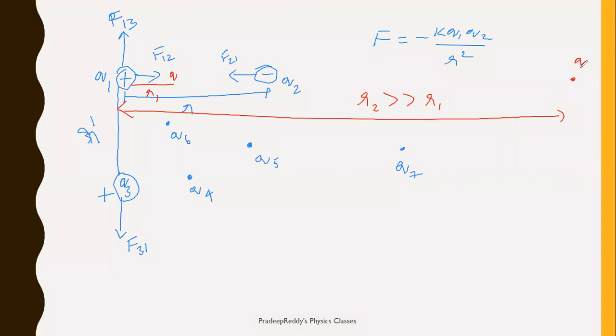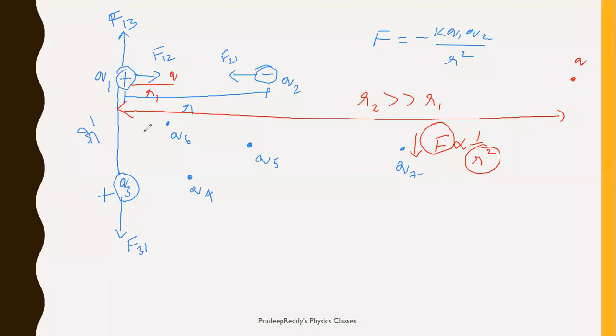If the separation between two charges is very large, then in such cases, the force magnitude is inversely proportional to R square. As R is very large, the F value should be very less. The force of interaction between two charges decreases. At some particular distance from the Q1 charge, like it may be 1 kilometer or 2 kilometer or 100 kilometer or 1000 kilometer, definitely there will be some force of interaction up to a certain distance only.